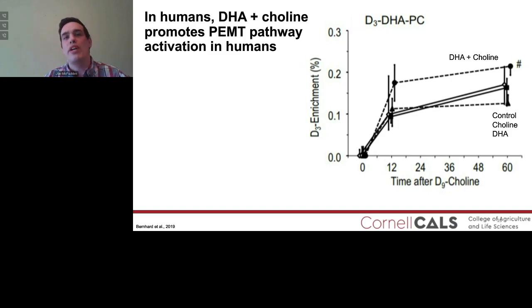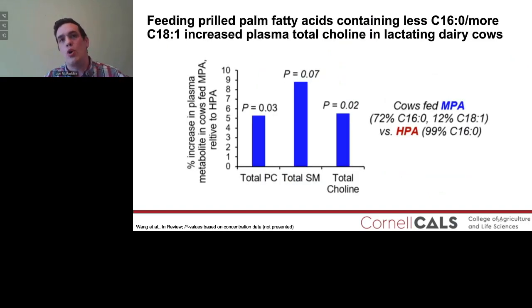To show the ability of dietary fatty acid feeding to modulate choline supply, we recently fed lactating cows one of two prilled palm fat supplements. MPA contains 72% palmitic acid and 12% oleic acid. HPA was pure palmitic acid at 99%. Feeding cows the palm fat containing oleic acid increased total phosphatidylcholine, total sphingomyelin, and total choline supply relative to cows that were fed the palm fat containing only